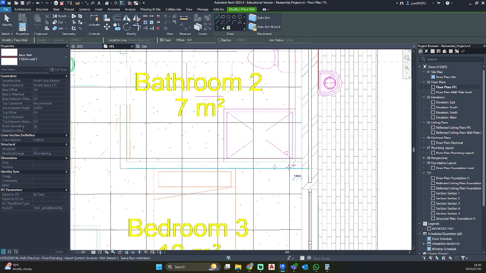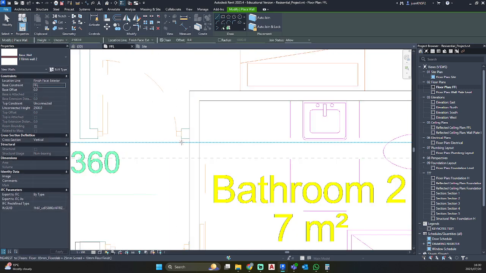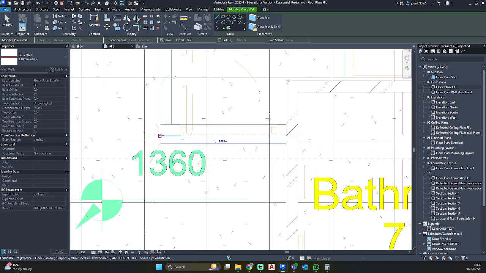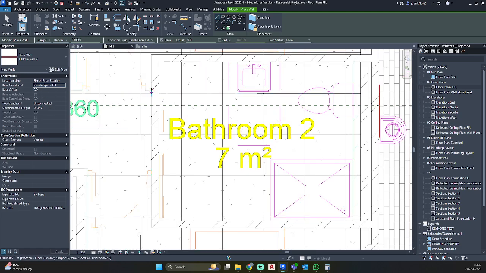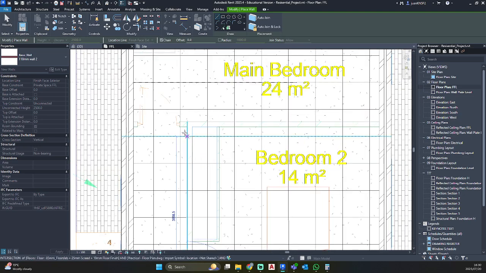And just go ahead and trace those walls. So you can see this one auto changed my base constraint once I finished connecting those walls. So I'm just going to go ahead and change this back to private space finish floor level. I'm going to drag them into place.